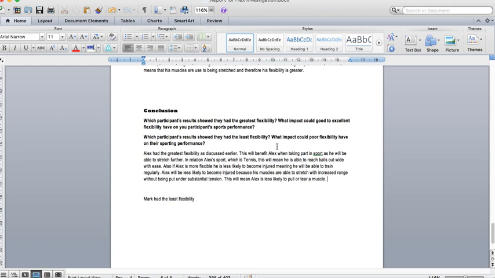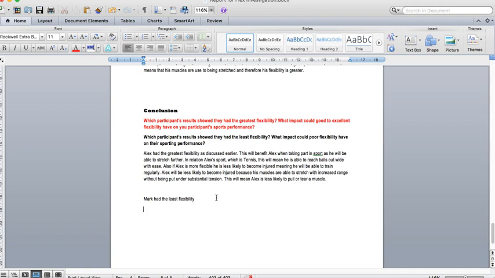Okay, so I know I've done this top one now, so let's turn that red. I now need to answer, which participants' results show they had the least flexibility? So we know that Mark had the least flexibility because we discussed it earlier. What impact could poor flexibility have on his sporting performance? So the impact could be that actually Mark